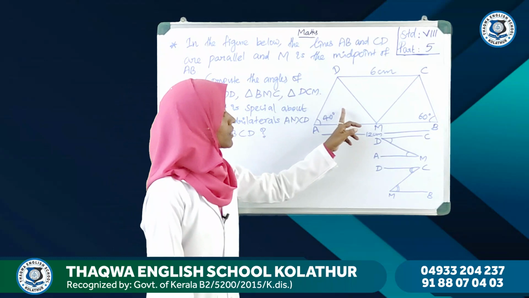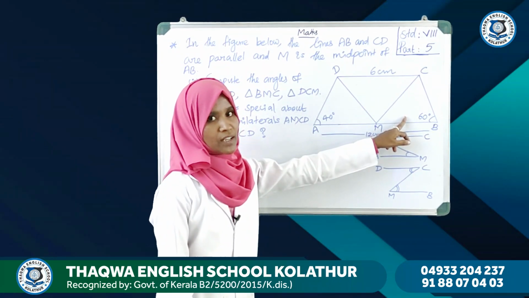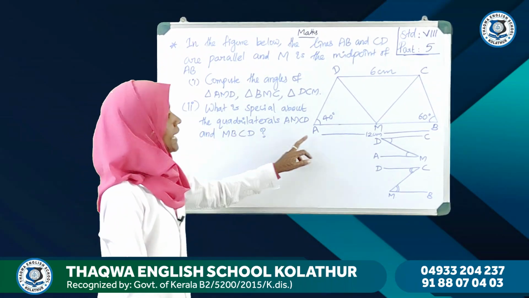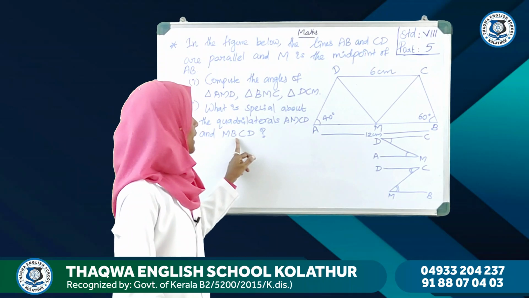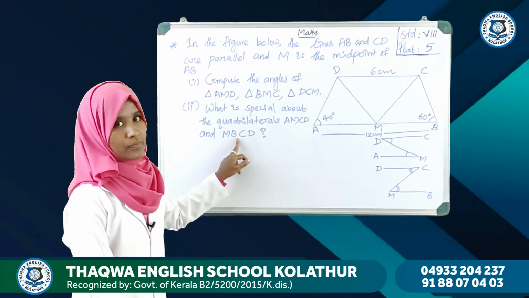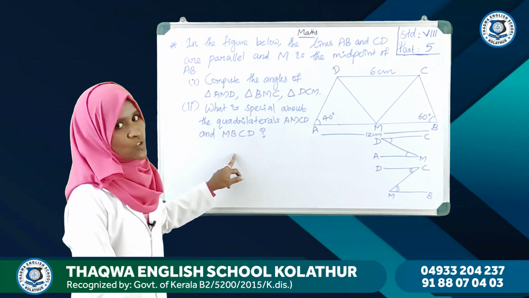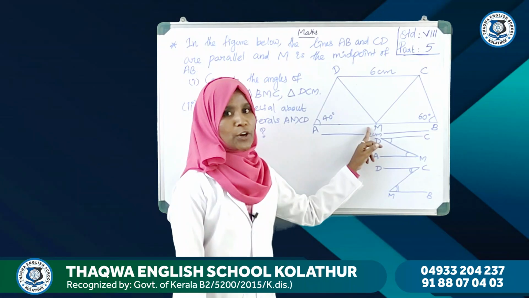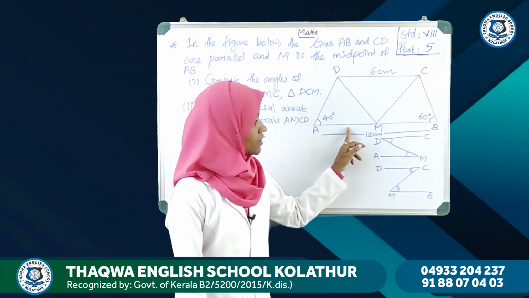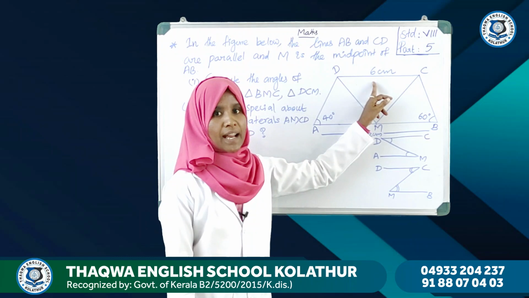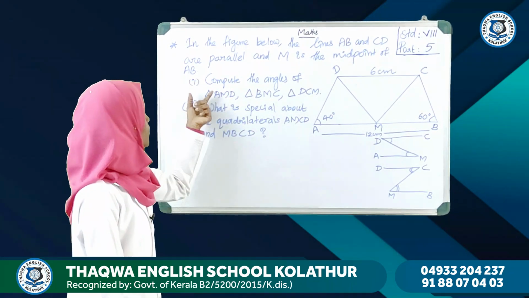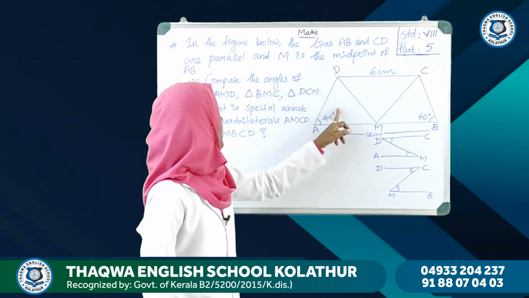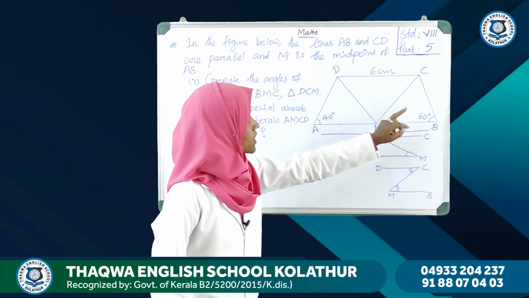Okay, we have to find the angles of these three triangles. Next, what is special about the quadrilaterals AMCD and MBCD? These two are the questions. The given condition is M is the midpoint of AB. The second condition is AB and CD are parallel. Now the first question is compute the angles of triangle AMD, triangle BMC and